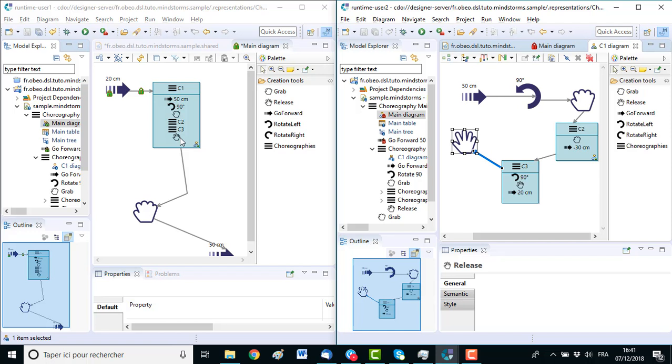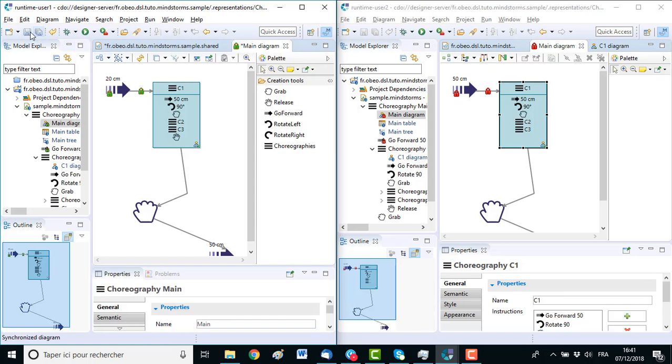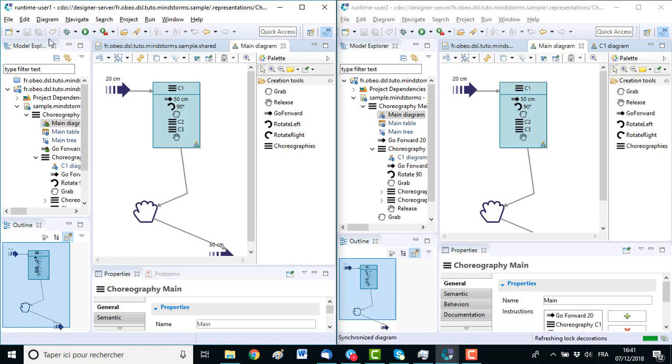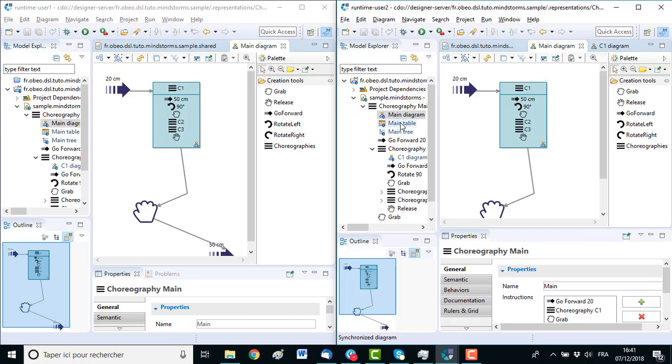And at the same time, if user 2 goes back to these representations, and if user 1 saves, you can see here the changes appear on user 2's diagram. These modifications are also possible with the table.